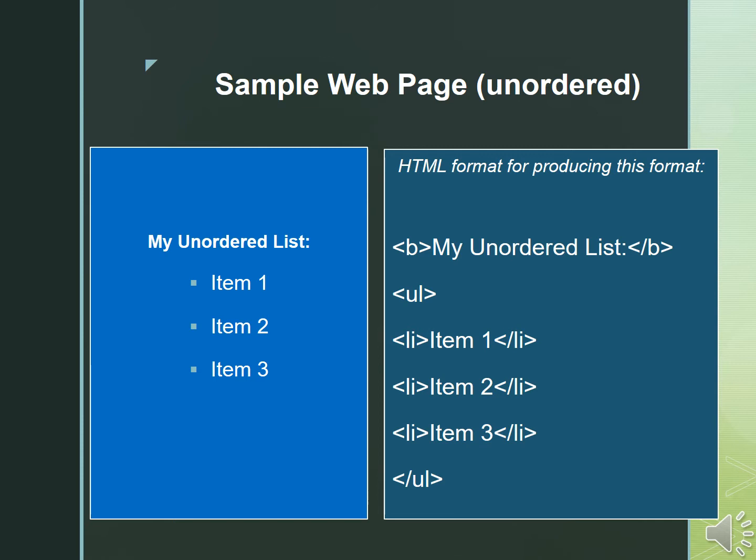As many items as there are in the list, li will repeat that many times. So li item 1, li close. As I told, the li closing part is not mandatory, so it's your wish. If you want to put it, you can, or even if you don't, it will not give any error. So if there are three items in the list, li is repeated 3 times, followed by the closing ul.